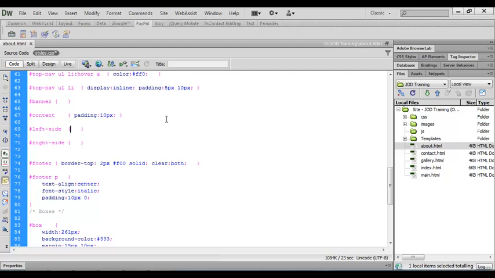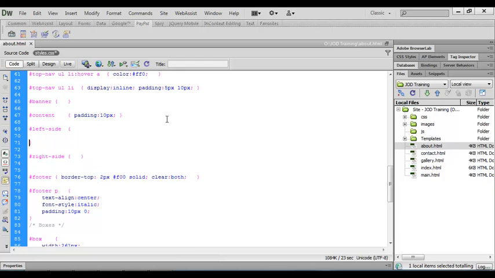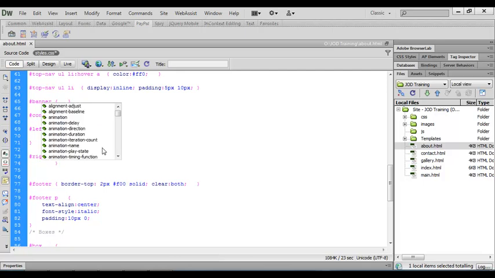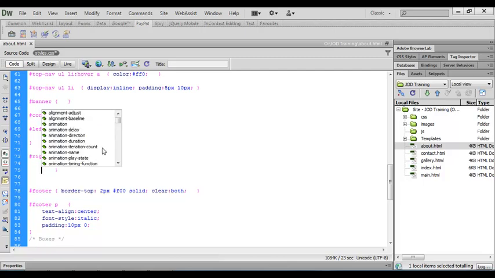We'll place our cursor inside the curly brackets, and we're going to be adding a few rules here, so I'm going to adjust this code slightly, and we'll put our cursor in there. Okay, so the width for the left side was going to be 220 pixels, so we'll do that first, and the width for the right side, that was going to be 620 pixels. Okay, so we've set the widths up now. Let's save that,